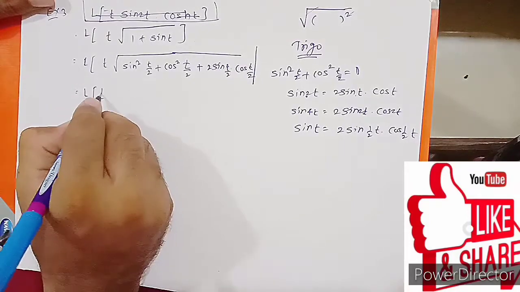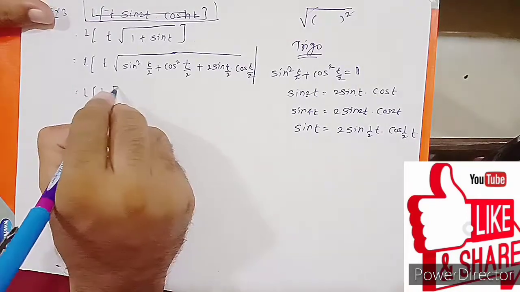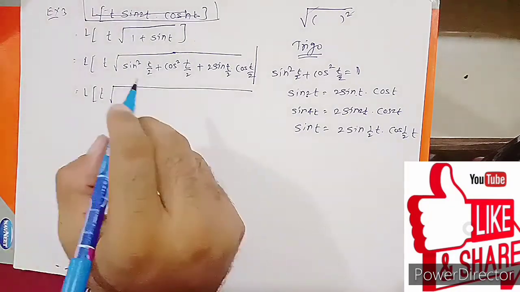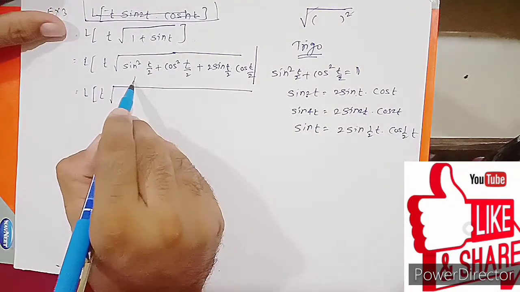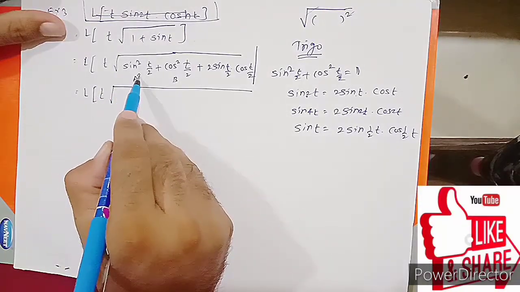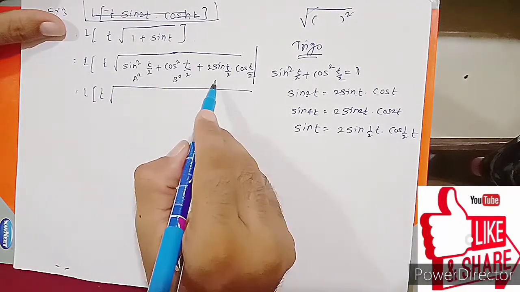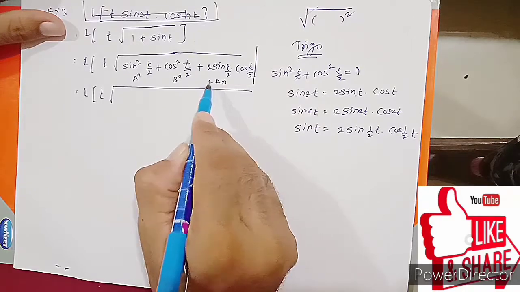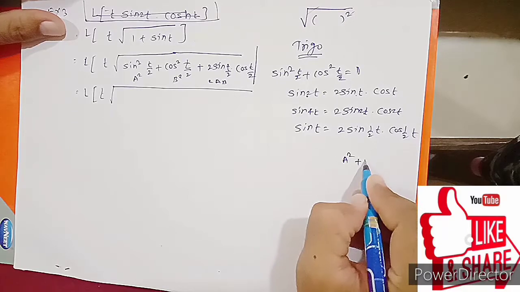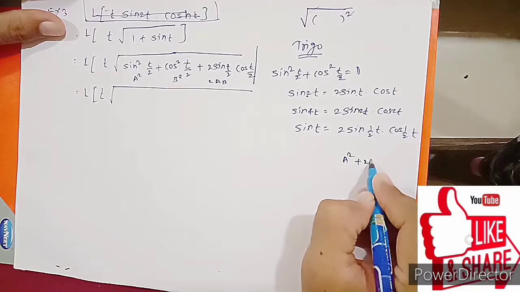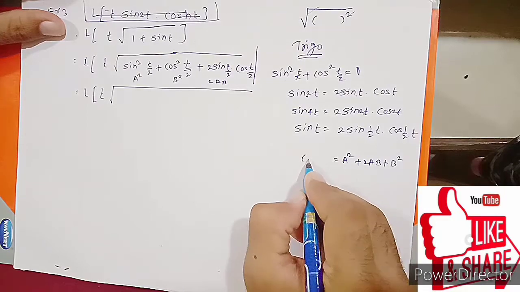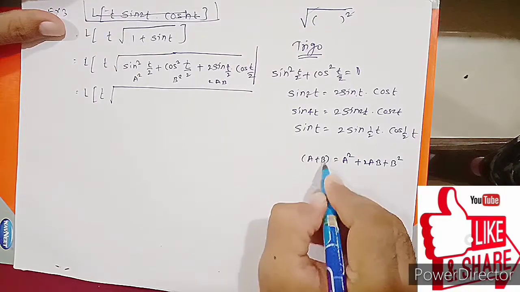Laplace of t. Now tell me guys, ये जो टर्म है, पूरा जो टर्म है, वो देख के आपको कुछ लग रहा है? Assume करते हैं कि अगर मैंने यहाँ पे a assume किया साइन को, यहाँ पे b assume किया कॉस को, तो देखो यहाँ पे क्या है? a square है, यहाँ पे b square है और यहाँ पे 2ab है. तो ये किसी के साथ मैच हो रहा है क्या? a square plus 2ab plus b square, किसका एक्सपांशन है ये? This is expansion of (a plus b) bracket square.